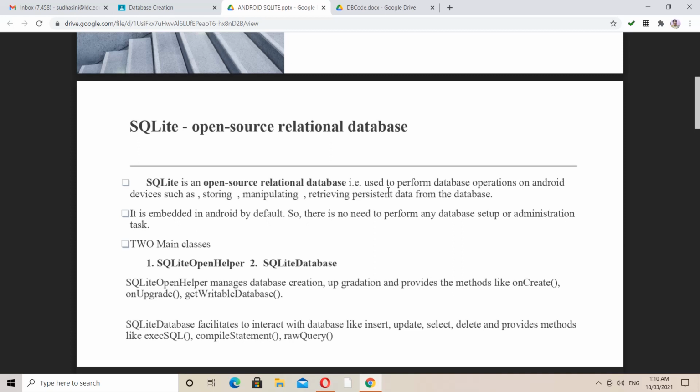In SQLite, they are giving the concept of open source. SQLite is an open source platform mode of access, and it is a relational database. Traditionally, we can say it is a database management system where you can pull and store information by way of files and directories. You can click on a particular file and see it, and you can store the files in a hierarchical way.